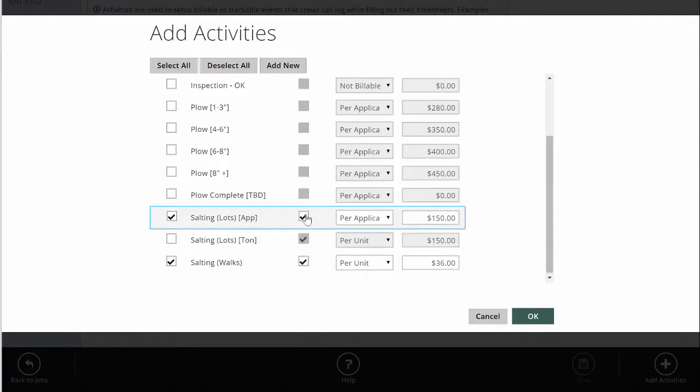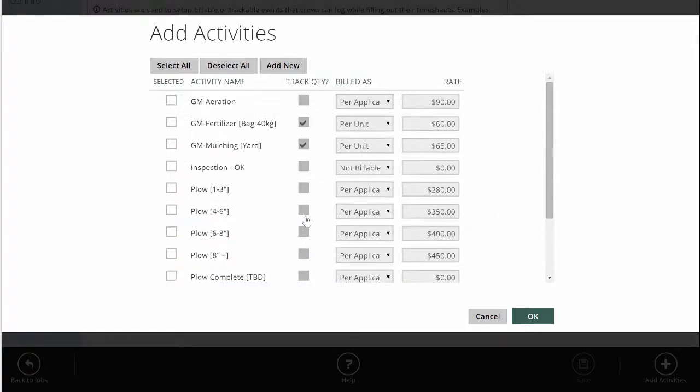Now, the application can go either way. If you always just bill for full apps, then you don't really need to track the quantity. An app is an app. If we're going to charge for this job $180 an app, then that's how I'm going to set it up. If you want the crews to have the flexibility to say, well, tonight was half an app, we didn't put much salt down, or tonight was a big app because the weather was super cold, so we put sort of an app and a half down, then you are going to want to turn on